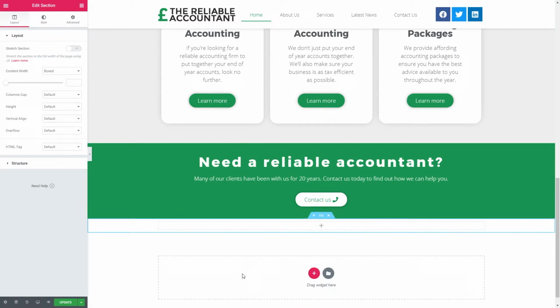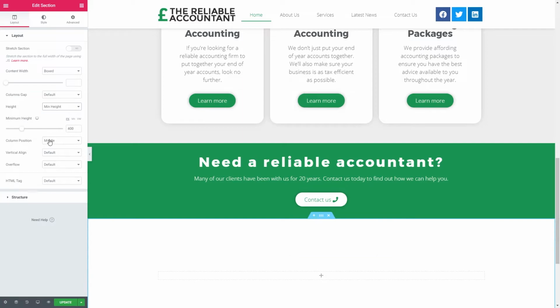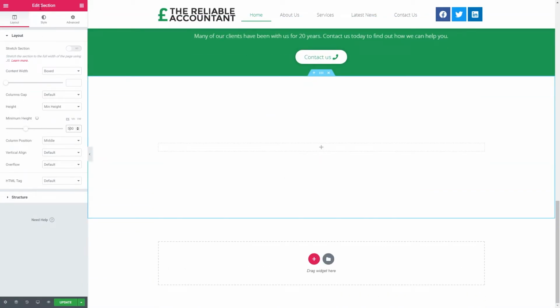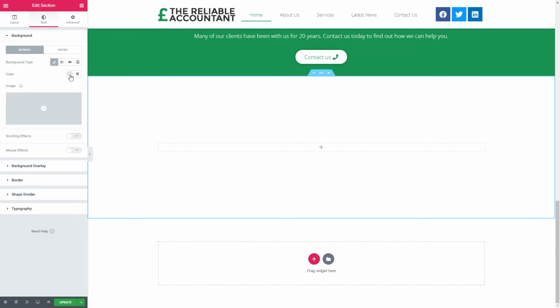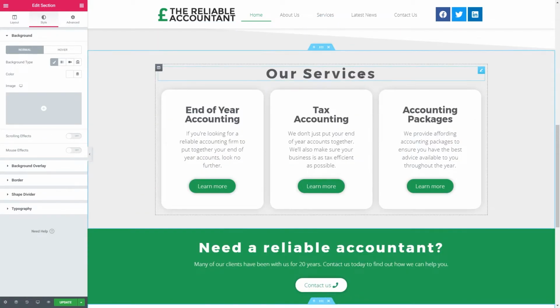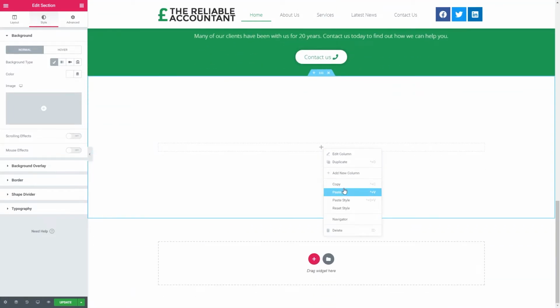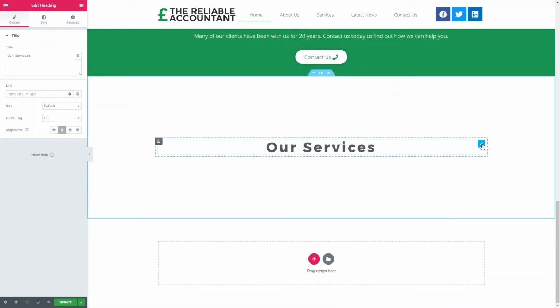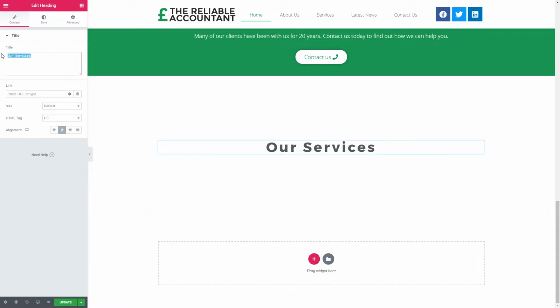One column, and I'm going to set our minimum height again to 500. I'll leave the other settings for now, so I'm going to go over to style, background type, white, and the first piece of content I want to do is right click and copy this heading here and paste it into our column. So I'm just going to put in latest blogs, and now to add the actual blogs themselves, we're going to go up to the grid, the element grid here,